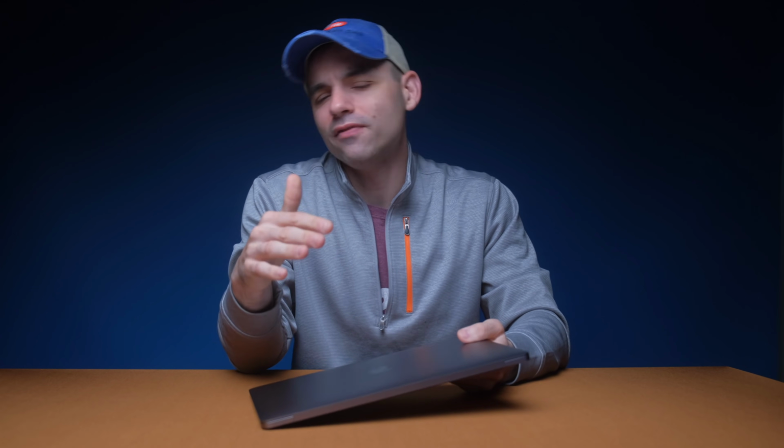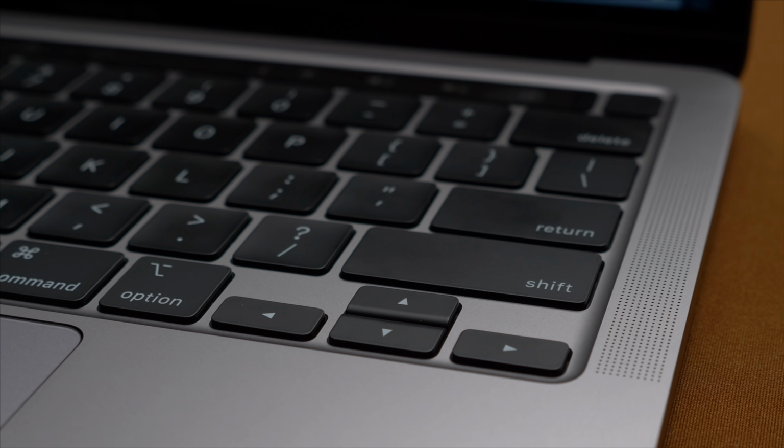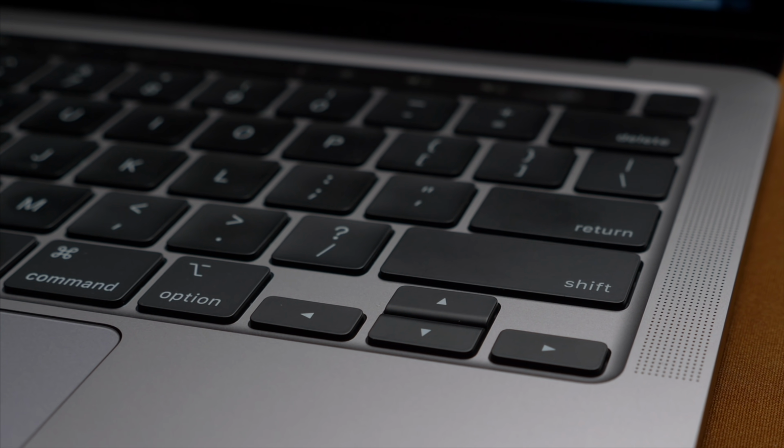And the 5th and final reason why you should get a MacBook Pro 13 is really only if you aren't currently using a MacBook or you don't currently have an Apple computer. And again, as we make these Apple videos, I know that this is starting to happen more often, and I'm gonna sound like a snob when I say this. I do apologize in advance because this is 100% an Apple snob thing to say, but the ecosystem of Apple devices, when you pair an Apple Watch, iPhone, and iPad, it's just